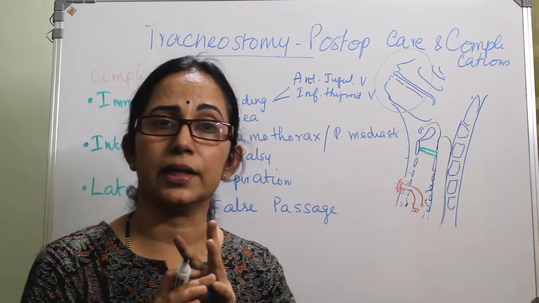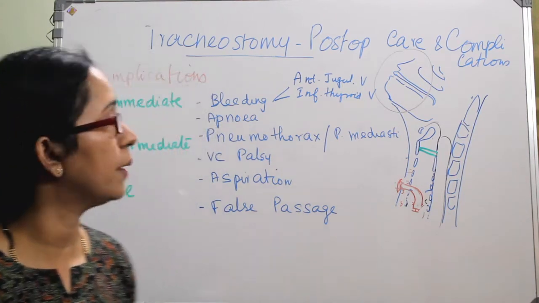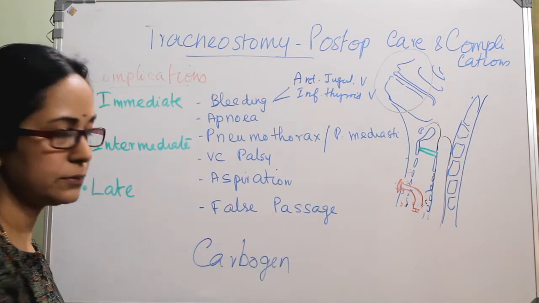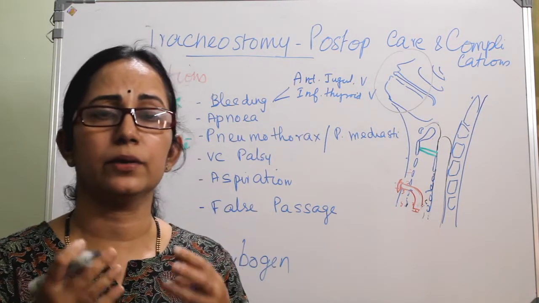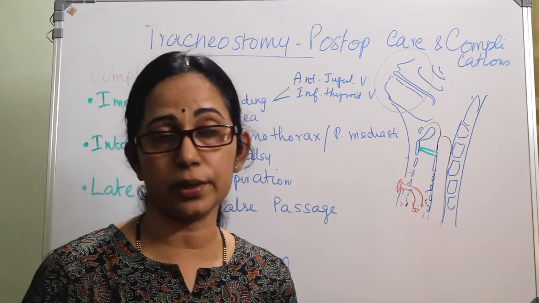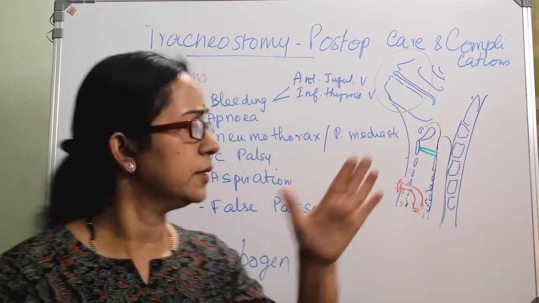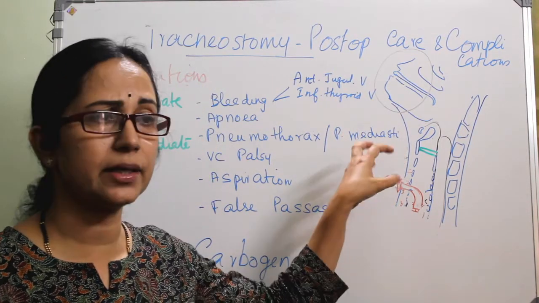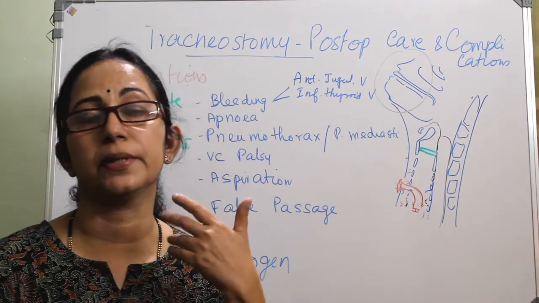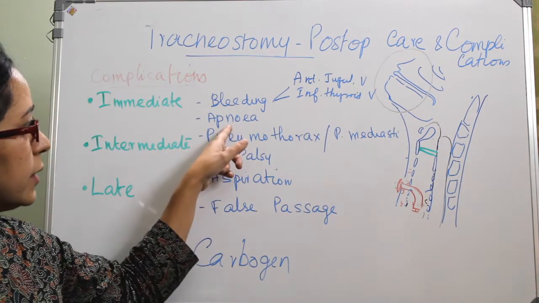So you can do the following immediately. One is you can give inhalation of carbogen, that is 95% oxygen with 5% carbon dioxide. Or if there is a breathing bag, you can re-breathe into it to get carbon dioxide. Or if these 2 methods are not available, just close the tracheostomy opening and keep it closed for 5 to 10 seconds. Sometimes the apnea will go and the patient will start breathing. So that is regarding apnea.